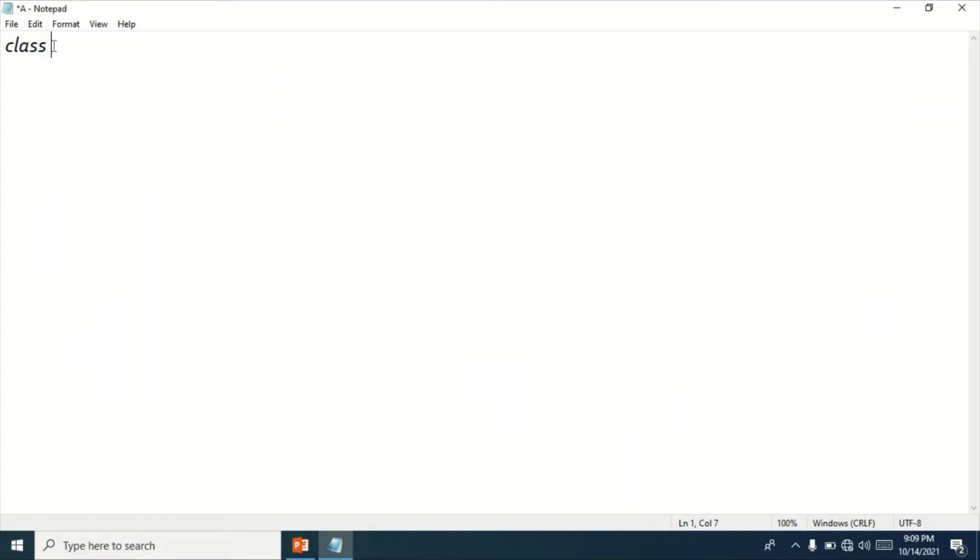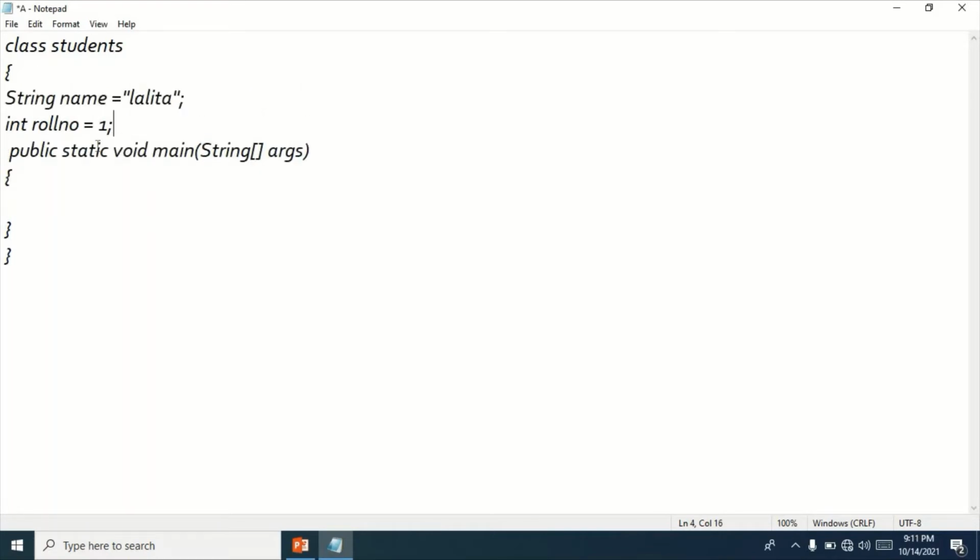For example, we are going to create a class of students. Here we have created the class of students. In a class there can be number of students. We have created two variables inside the class but outside the method. These variables are instance variables. If we want to access these variables inside this main method, then for that, we need to create the object of this class in which these variables are defined or declared. We are going to create the object of student class. So, student object equal to new and constructor. We will learn about constructors in next videos, students.